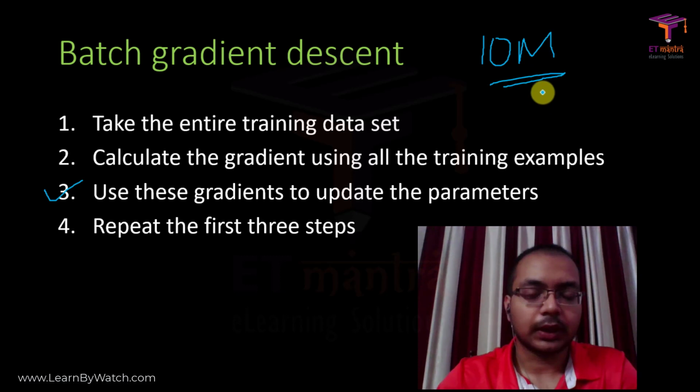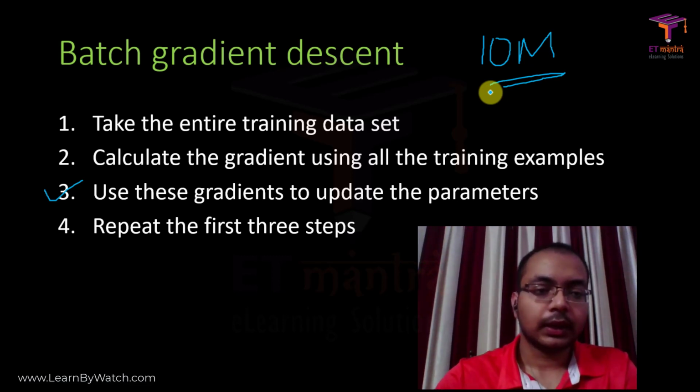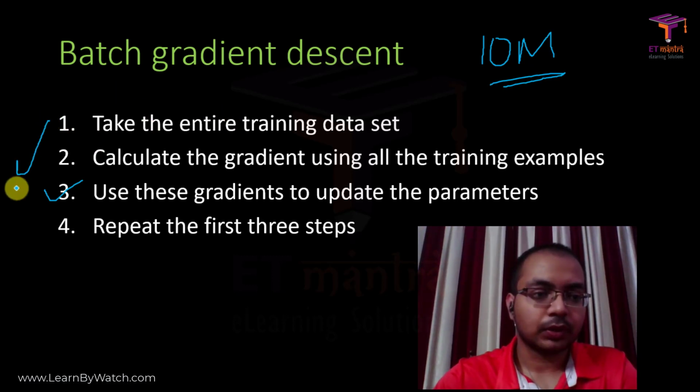So this is a problem, and if we do this by taking all the training examples at a time, then it will increase the training time too much. And this type of normal gradient descent is also called batch gradient descent, since we take the entire training set at one go. We will look at other two types of gradient descent and how it helps.